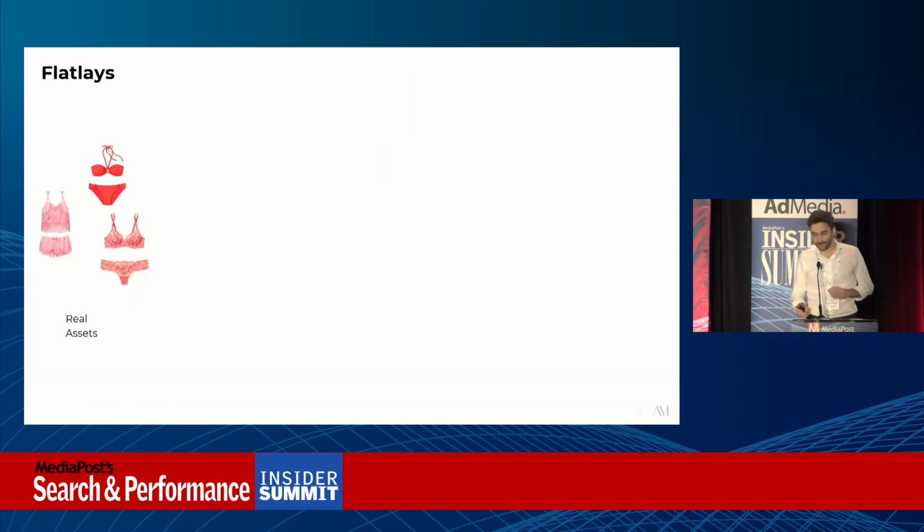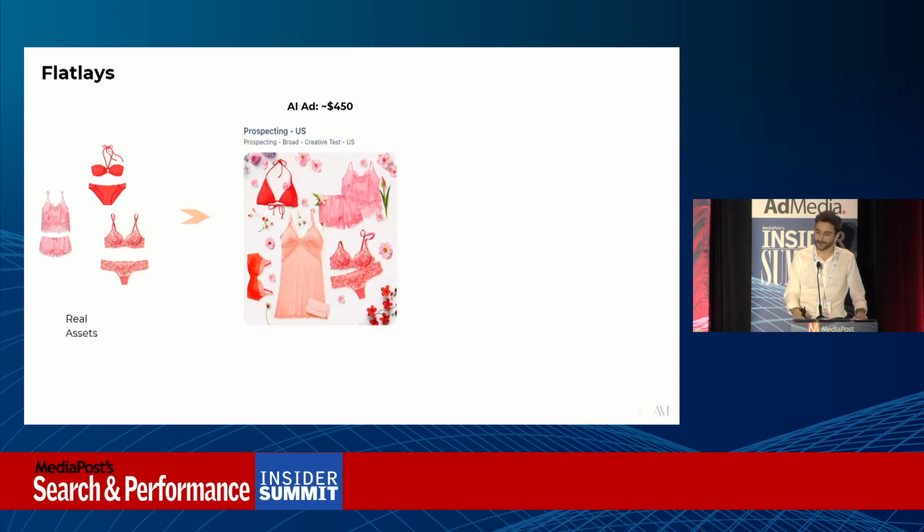We decided to start simple with flat lays. Flat lays are images of the product displayed on a flat surface, thus the name. Those are real images, real assets, real products that we gave her, and she used them to generate this, which is a flat lay. Everything is AI generated: the interaction of the fabric, the props, the flowers, everything. It cost us, because it took time to generate,